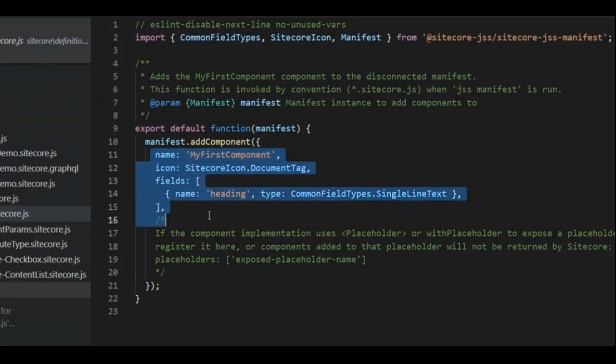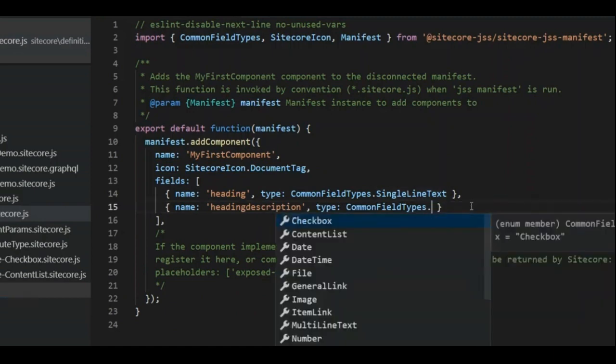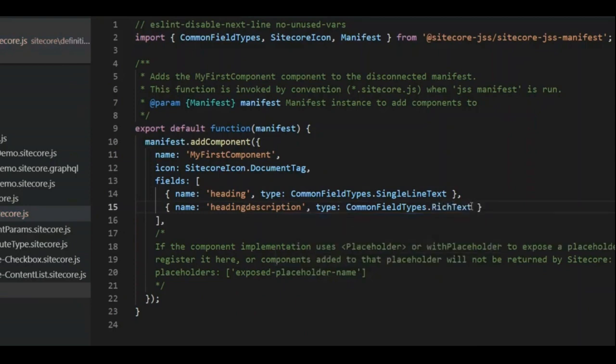By default, it has a single line text, that is heading. Heading is the name of the template field. This is where you will find the template. So I am adding another field here, heading description, and I am providing a rich text, multi-line text, rich text.